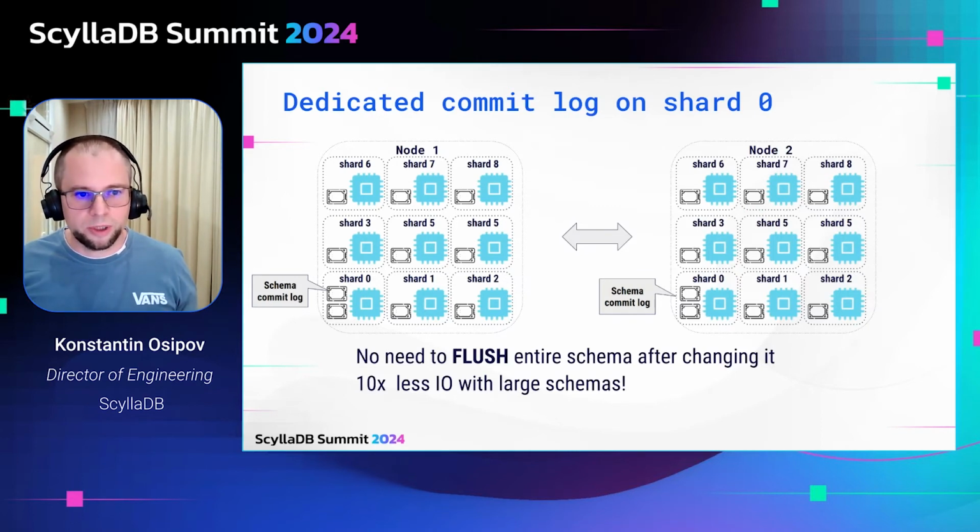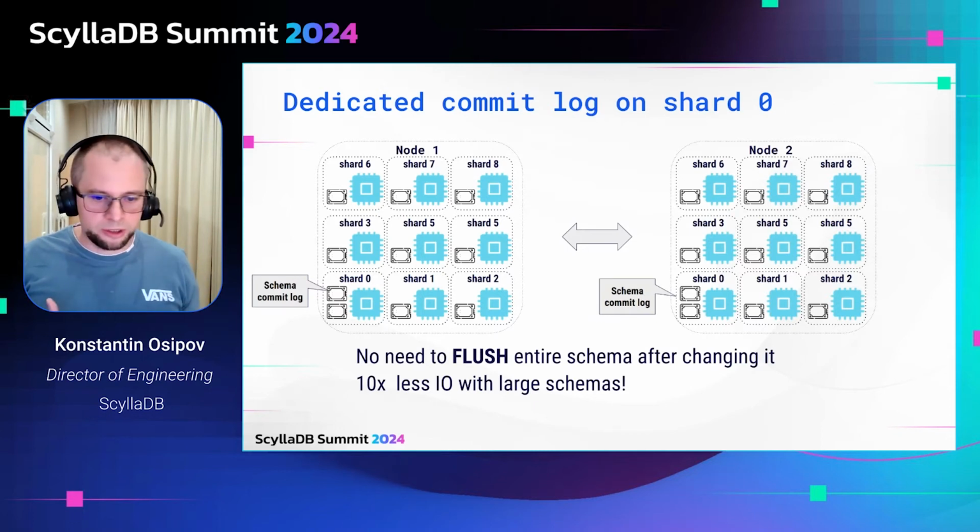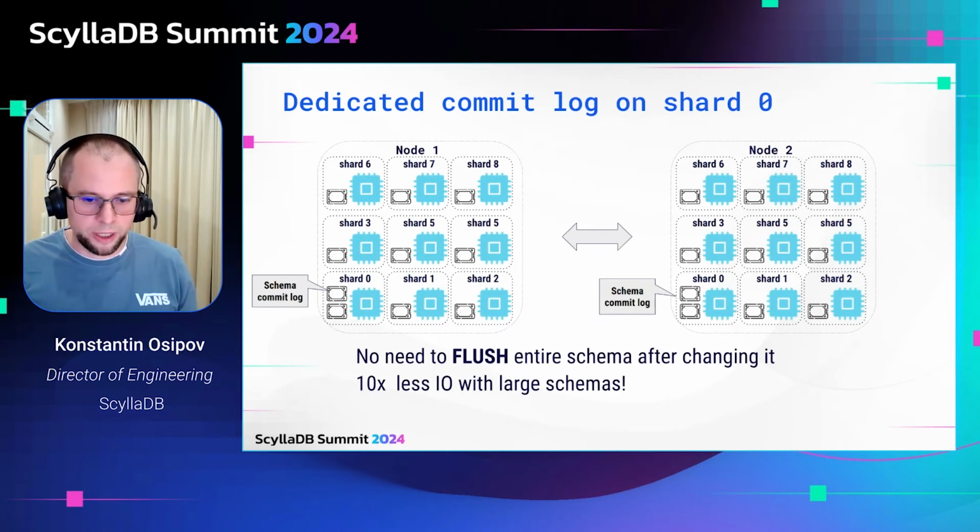This is important because we automatically get A, linearizability of these changes with schema changes, and B, the durability of these changes. So another important property is that there is no longer priority inversion between topology changes or schema changes and data operations. Since they used to be using the same commit log as the data, if there is intensive work done on behalf of the client, some of the schema or topology operations could starve.